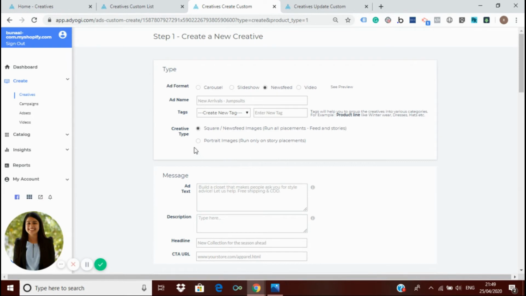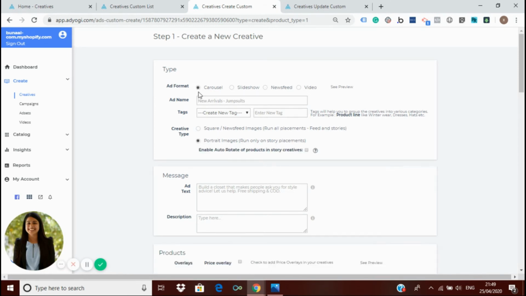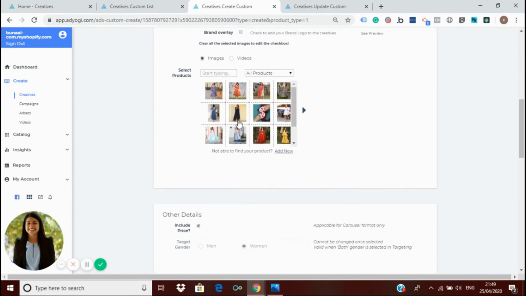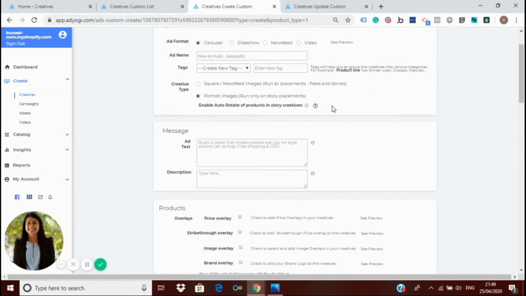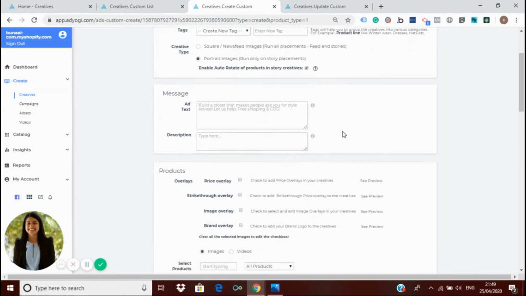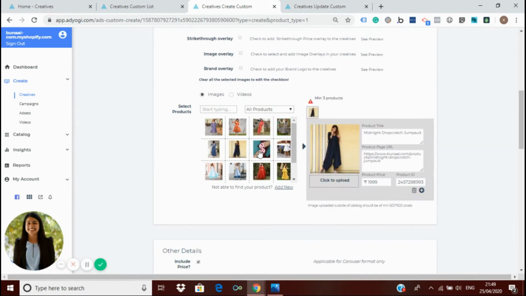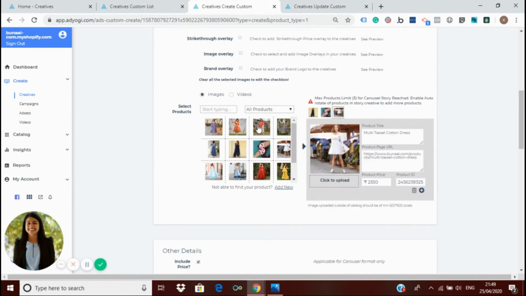And if you want to create a story ad, you have to click on this option. In the case of carousel ads, if you click on this option, you can select only 3 images, and if you want to select more than 3 images, you have to select this checkbox, and you will be able to select more than 3 images, and these images will keep on shuffling on a weekly basis. In this way you don't need to update the story ads twice a week. You can update the story ad once a week, and this will keep on shuffling and rotating twice a week.